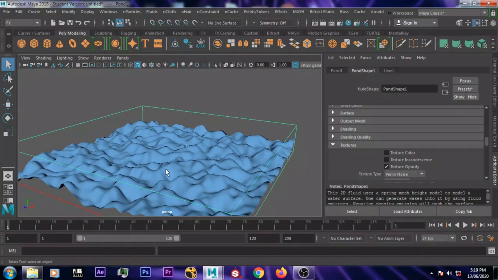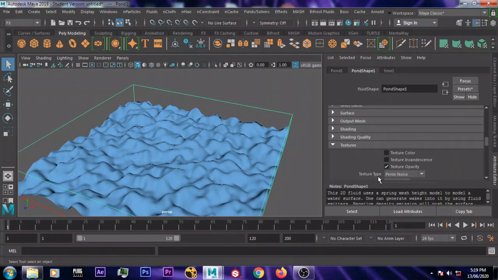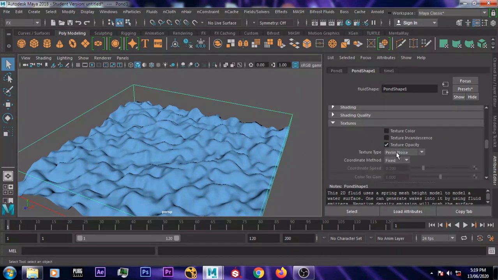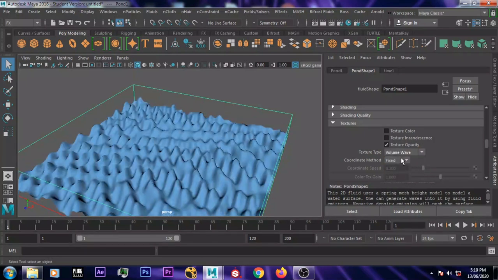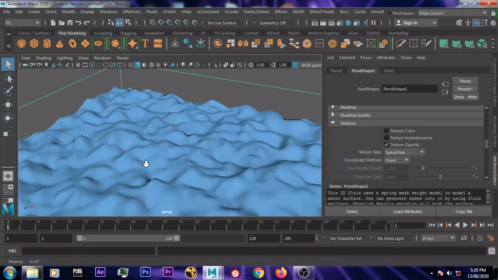Now this is the texture type Perlin noise. There are various types, you can toggle through any one below. These are the various texture types you can see: volume, wave, wispy. I will go with space time because this suits me. Okay,